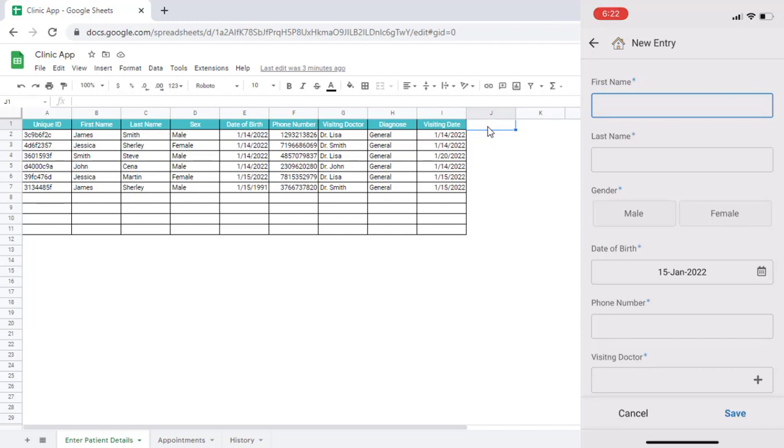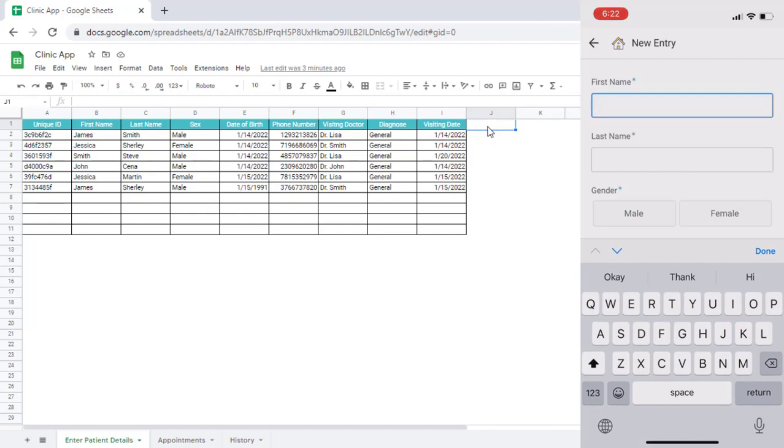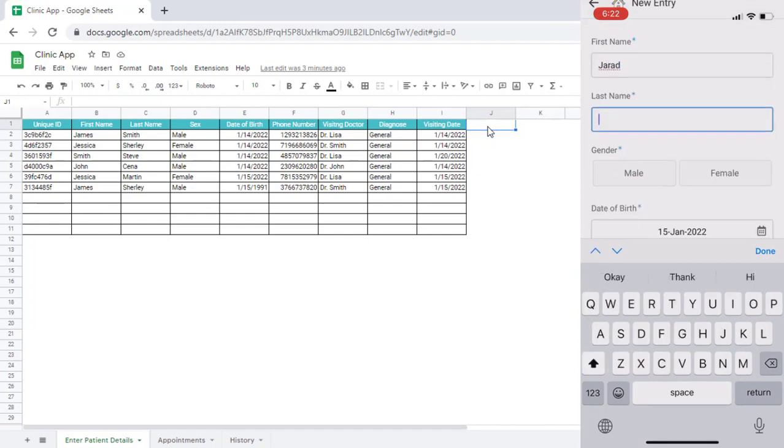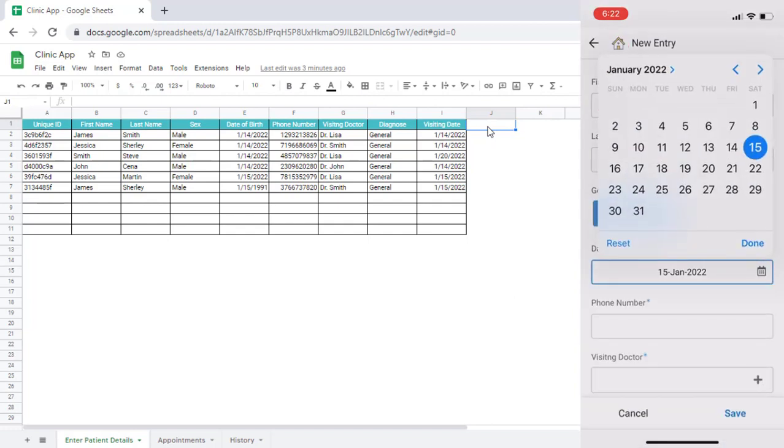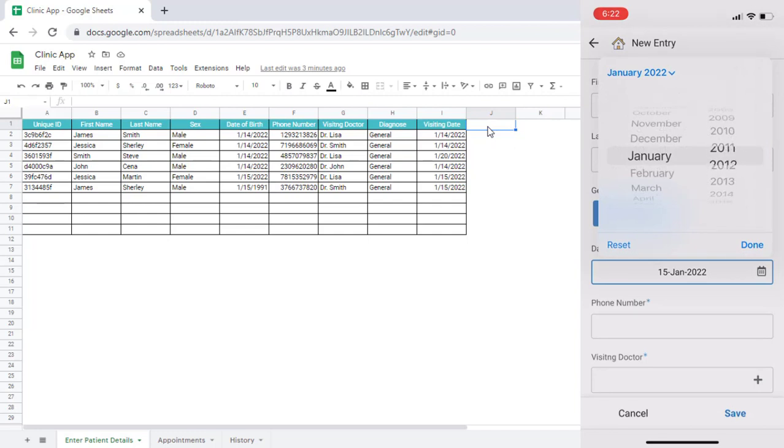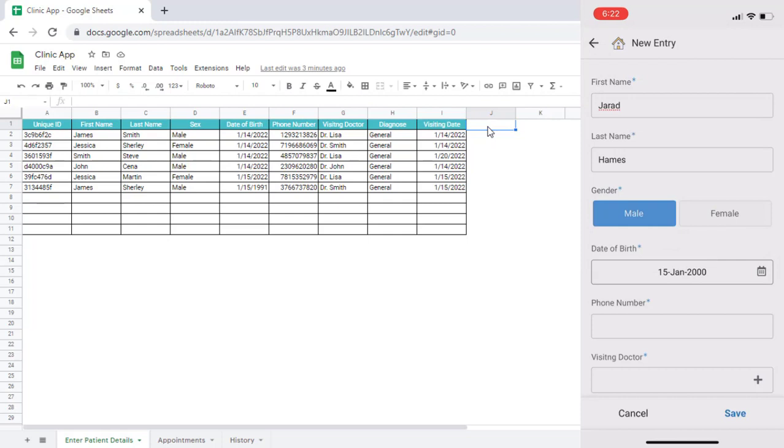Suppose there is a new person, Jared, and his last name is Hims, his gender is male, and the date of birth I will select as 2000 January and select done.